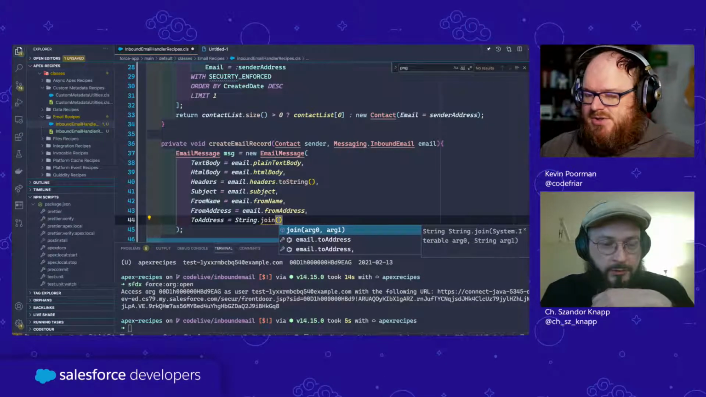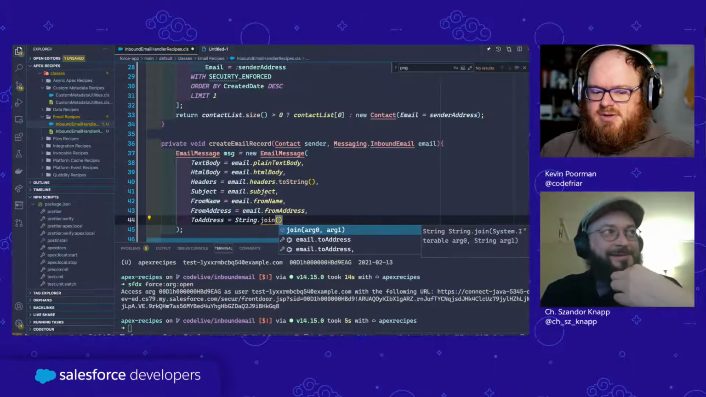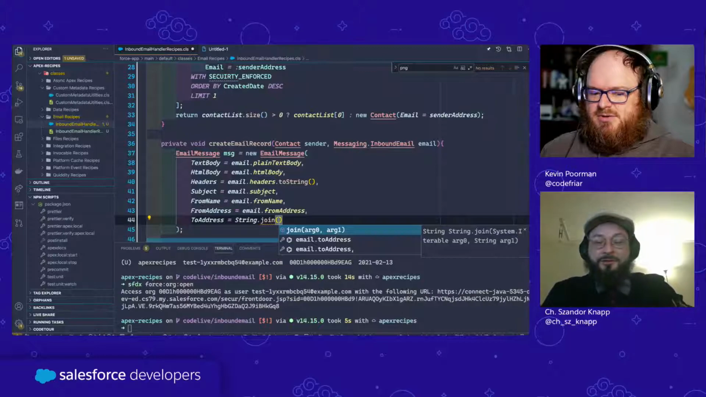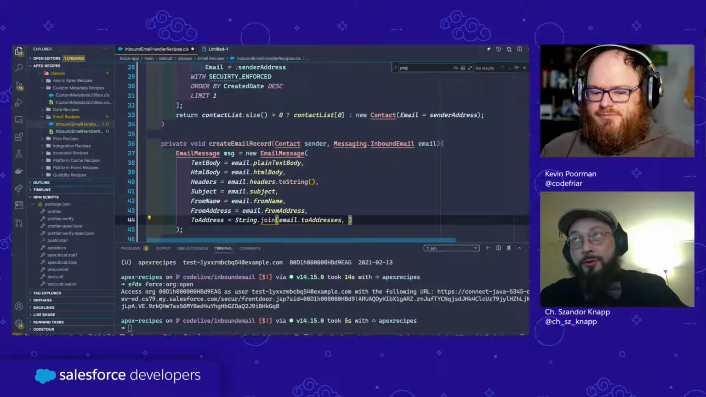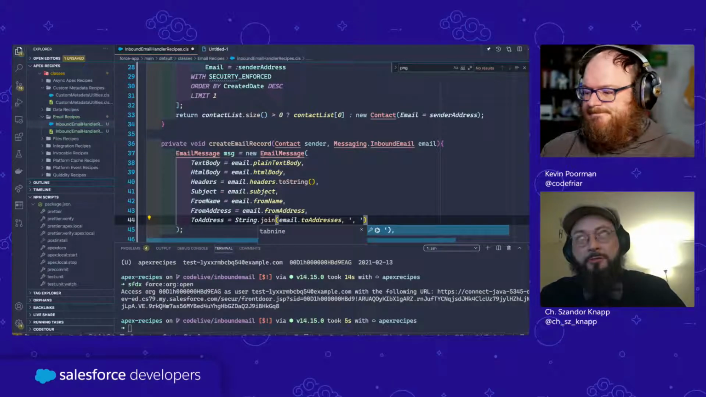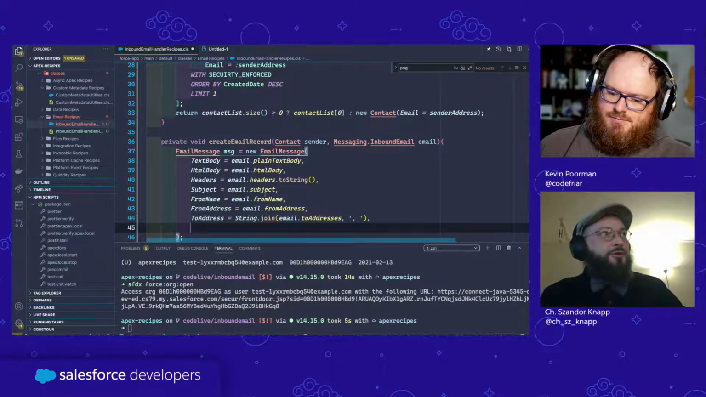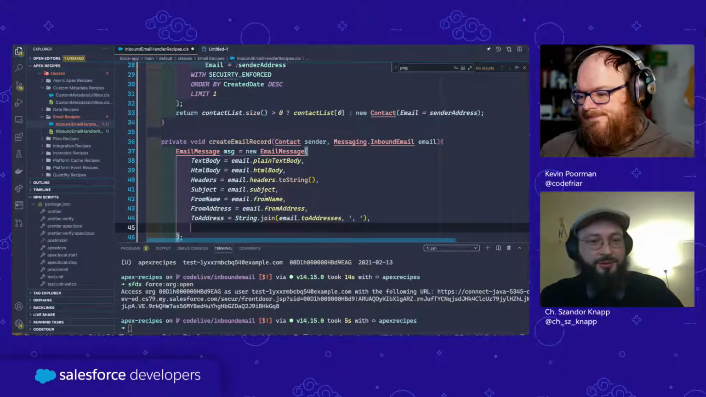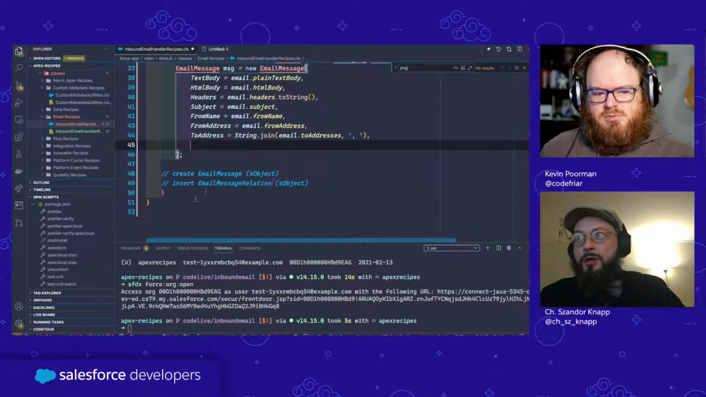My native programming language is one where join is an instance method rather than a class method. So I always keep trying to just put it in here. Yeah. As soon as I work for a longer time in JavaScript, I always forget there's just string.join and not an instance method join. Okay, we have the to address, and now we have,